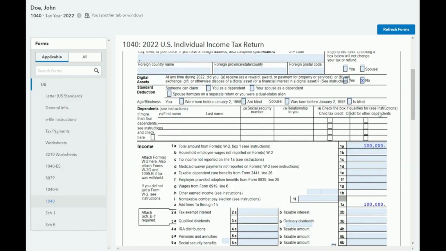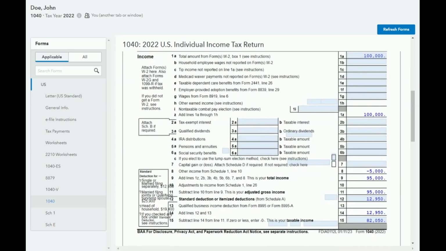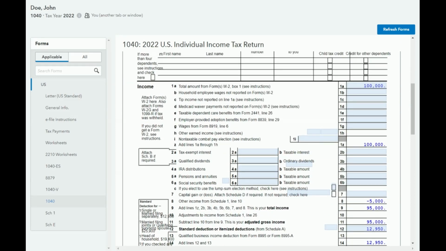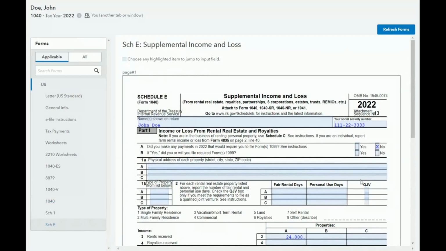So we set up a sample here where we have someone who has $100,000 of W-2 income. And the only other thing that we gave them here is they have this $5,000 of rental loss, which is appearing here on line 8. So if we go look at their Schedule E,